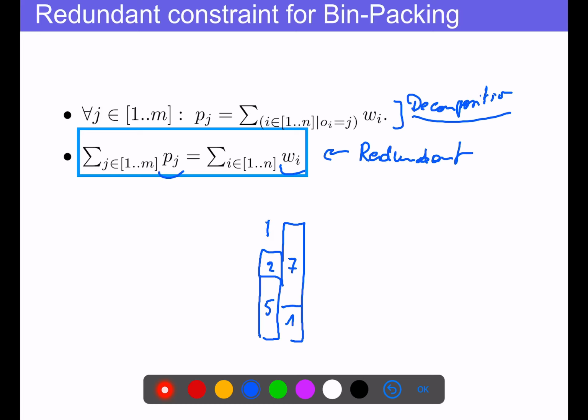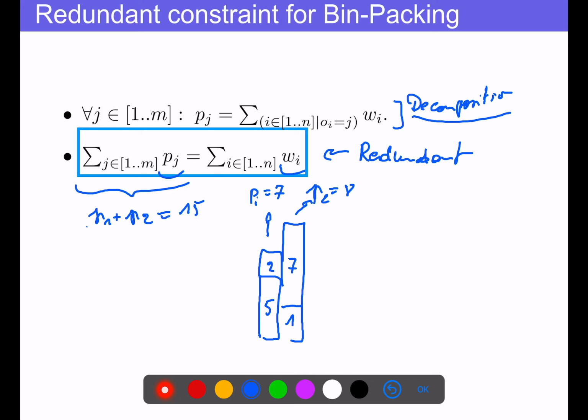The total load of that one, so P1, is equal to 7, and the total load of that one, P2, is equal to 8. Okay? What we say here is that P1 plus P2 should be equal to 15.